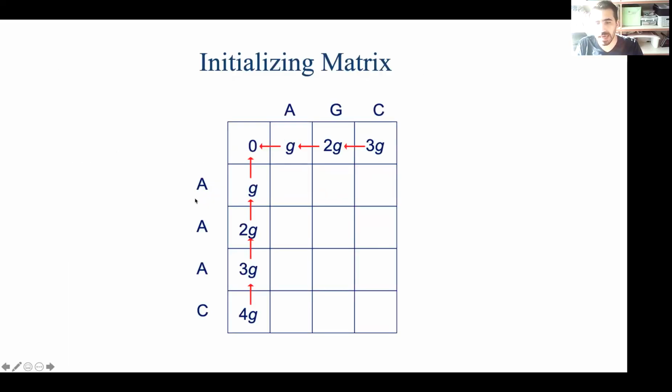So AGC and AAAC. So this is 0, okay? Then if you come to here, it means that you introduced a gap here in this sequence. So this is aligned to a gap. This is what it means. So this cell means that this A is aligned with A, okay? So if this is the case, we can easily initialize the first row and first column, which is basically going to be gap, now 2 gaps and 3 gaps. And same thing here, gap, 2 gap, 3 gap, and 4 gaps, basically, right? So after you initialize them, you have to have some sort of a score, basically aligning the match or mismatch.